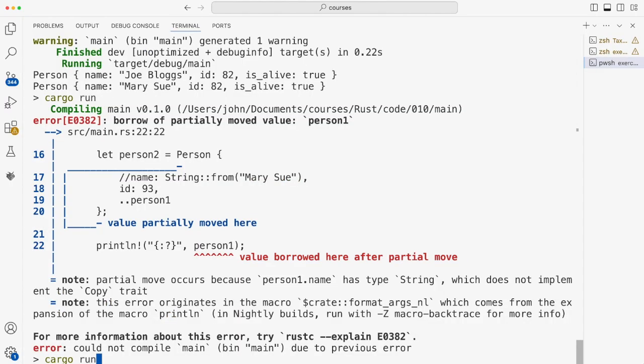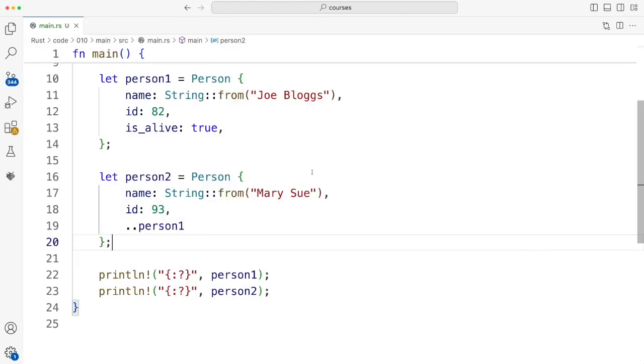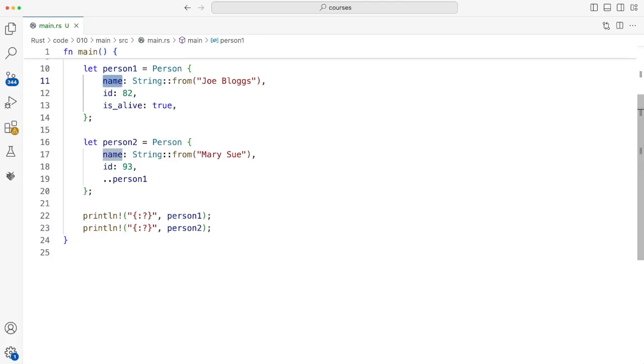So now that works. Now the docs say that there is a shorthand way of filling in these fields, and it gives an example with a function that has a parameter which has the same name as a field in the struct. But I'm thinking maybe a local variable would also do the trick. So I think let's try that and see if that works. Make it a bit smaller maybe. Hopefully you can still see this.